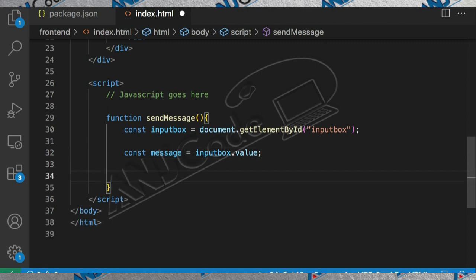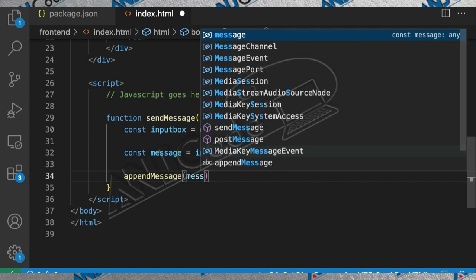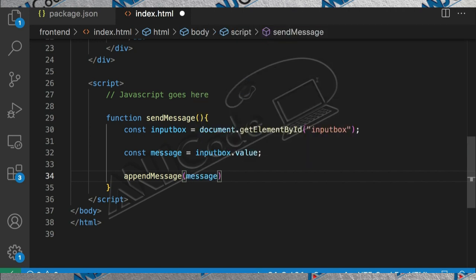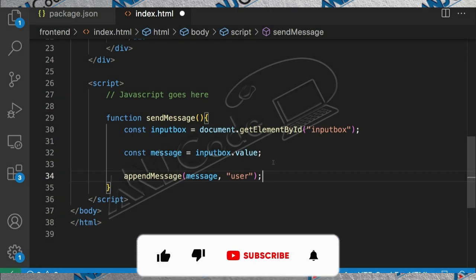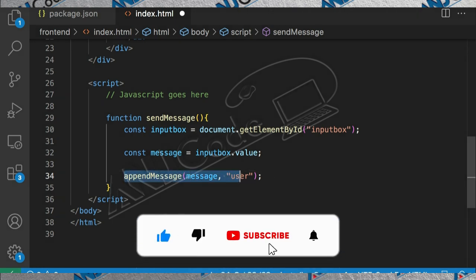Now we're going to be calling a function that we're yet to define. That function is going to take care of putting our own messages to the right and putting the AI messages to the left. So I'm just going to call that function even though we haven't defined it yet. That will be the appendMessage function, and the first argument it takes is the message that we type in, and we're going to tell it who sent the message, and that is going to be user. That's us, the user sent the message. So appendMessage is going to take these two arguments and decide where to display the message